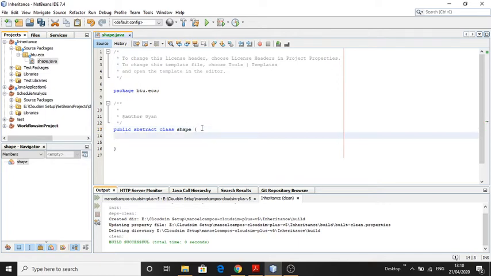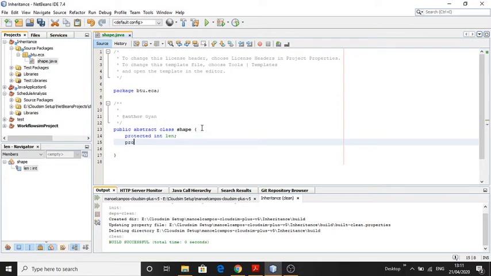In this class there are two data members: protected integer length, and another variable, protected integer height.